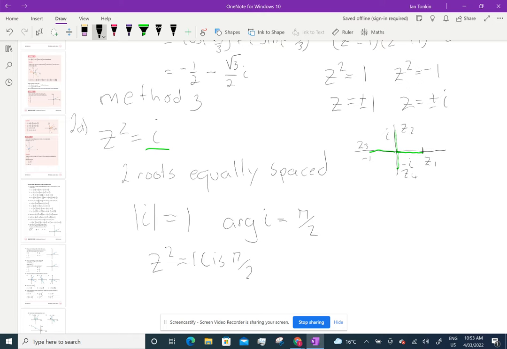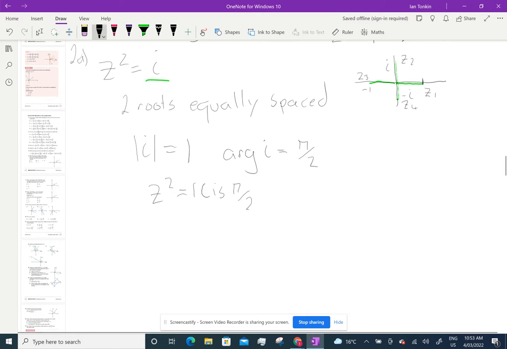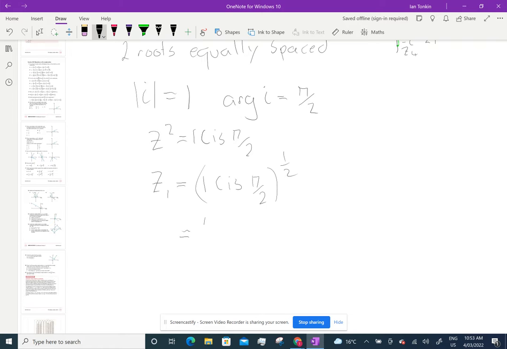You put the 1 there because it's just i. So therefore, one root, to get rid of that squared, I'll just raise it to a half. So I get (1 cis π/2) to the power of a half. That'll give me 1^(1/2) cis(1/2 × π/2) by de Moivre's theorem,